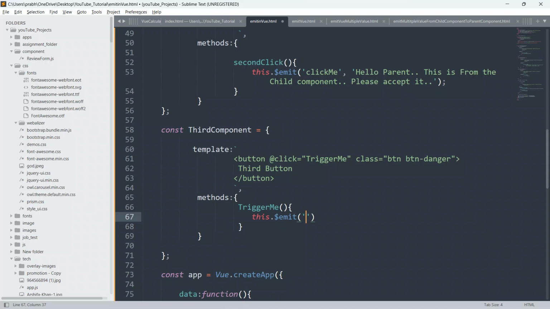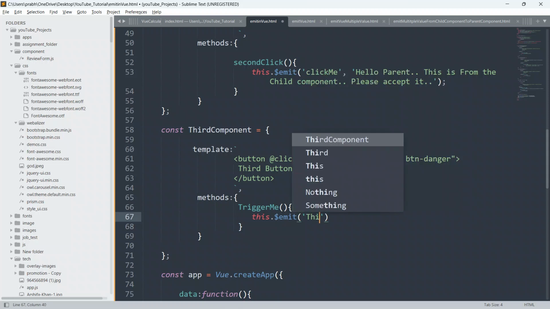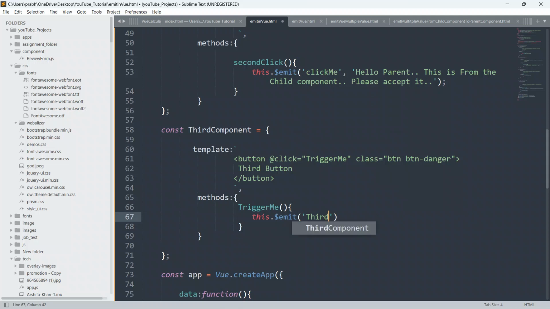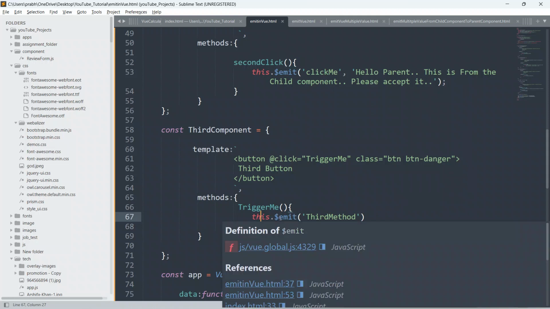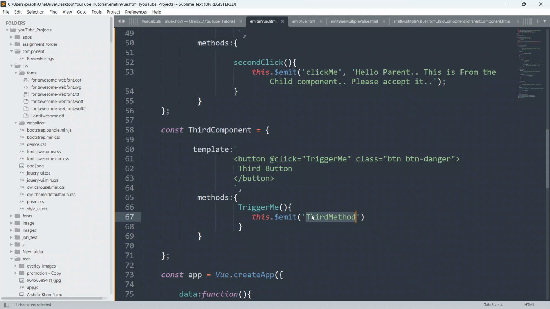So I'm going to define here one custom event as third method. Okay, third method. So guys, this is the custom event we are defining here inside the emit function by saying this.$emit, and we will define here one custom event, third method.